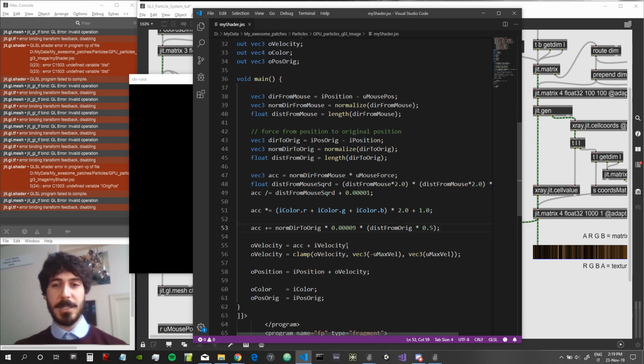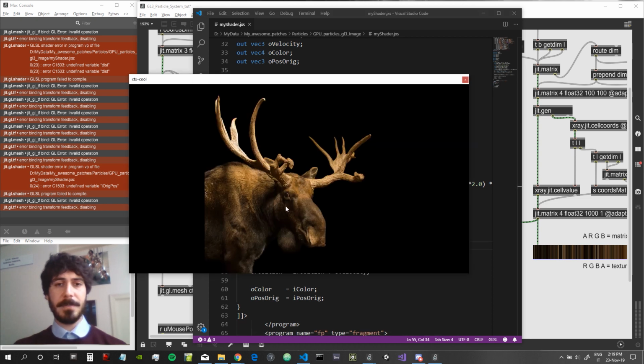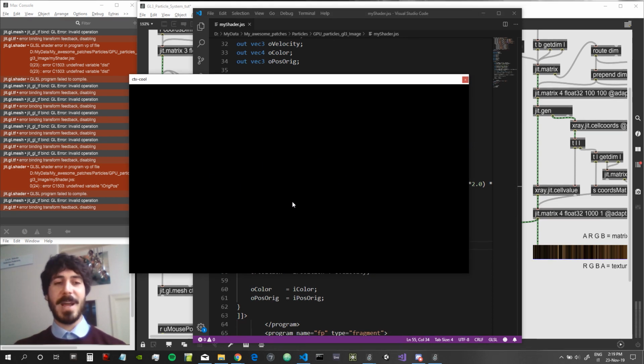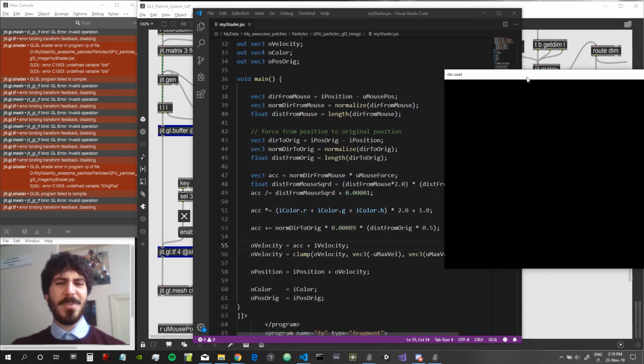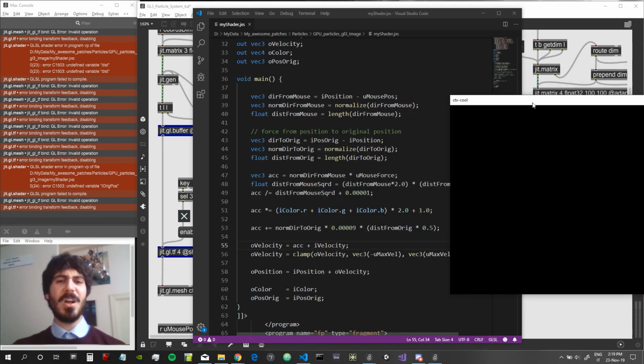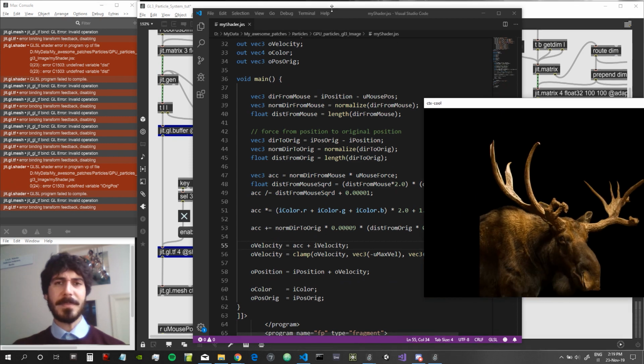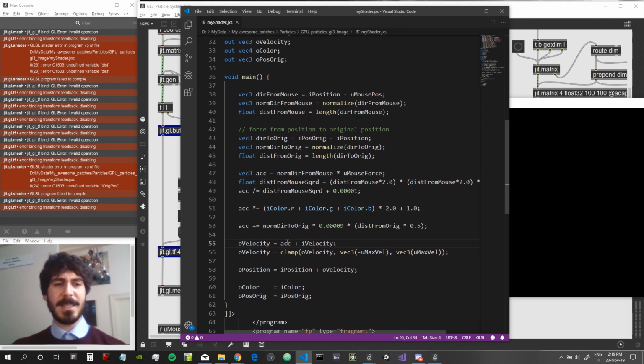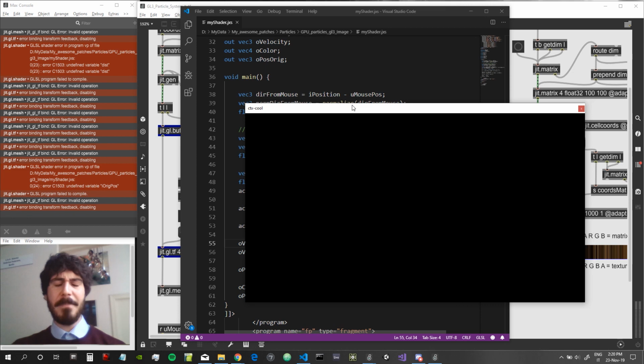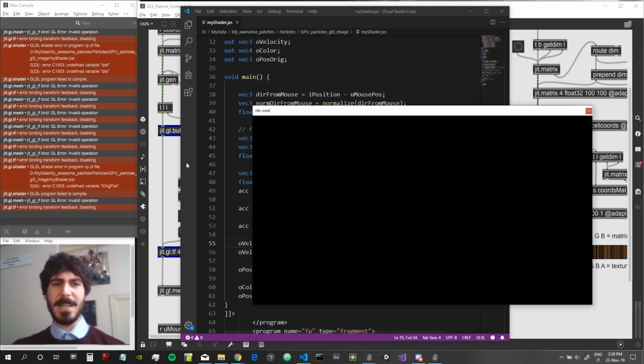So this should be it. Let's take a look and see how this looks. Oh, right. I forgot, for some reason, when we do this, the image will just start to bounce, because for some reason it's not attracted directly to the original position. For some reason, it's attracted to some force that brings it up and right. Okay, so this is a bit annoying. So what we can do